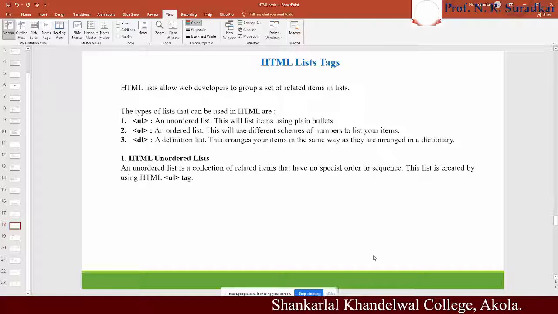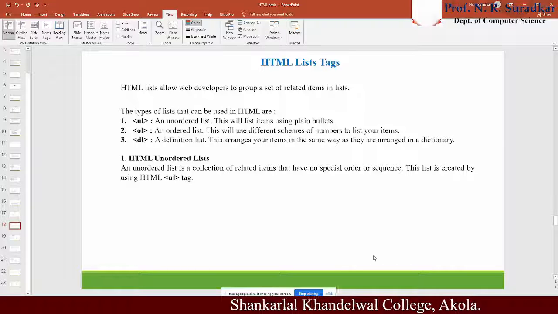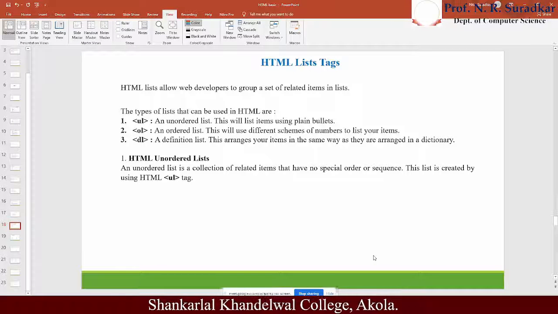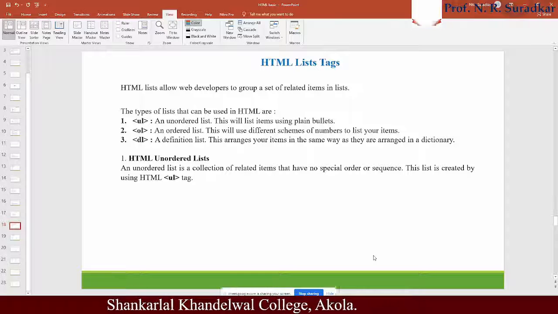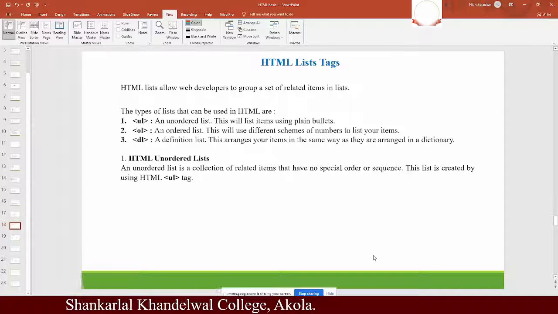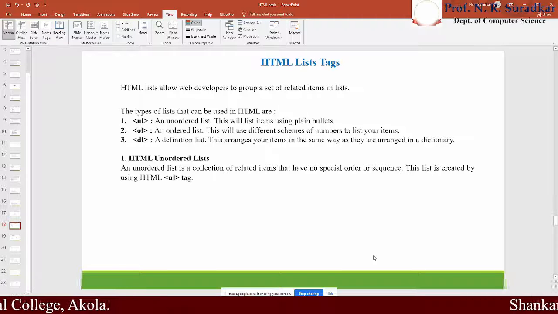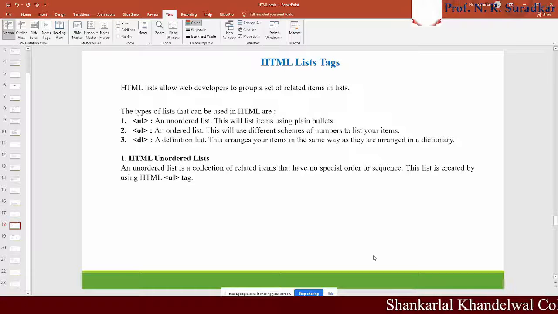Static web pages are web pages which are normally used to show information on your website, and that information does not change itself, nor is it able to interact with the user. If another user wants to make a modification to that information, the end users are not able to do so. Only the developer is able to make certain changes, with the help of those tags which we have seen till now.